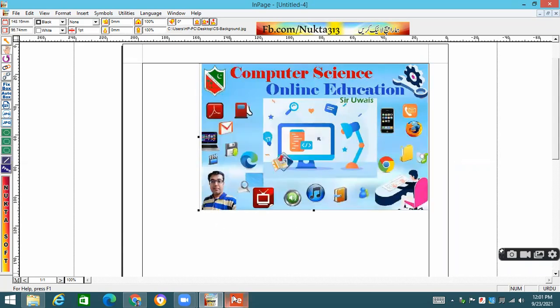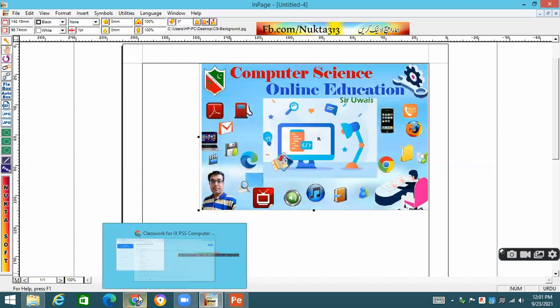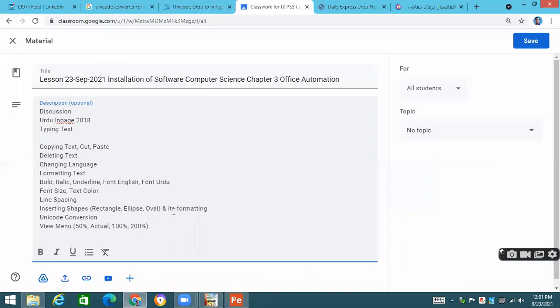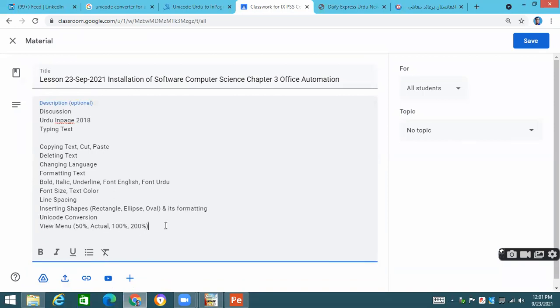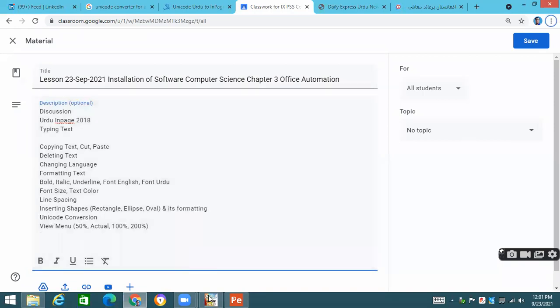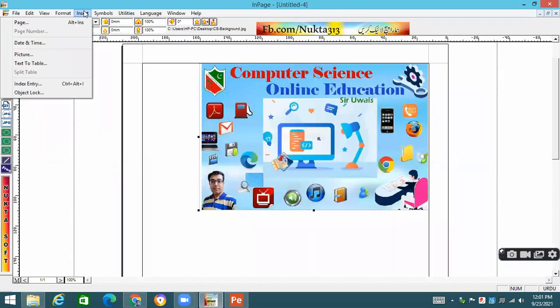So inserting a picture is also possible, but those many picture formatting options are not there, like we have in Microsoft Word. So this point is also clear. In which menu? Insert borders is covered, and insert picture.